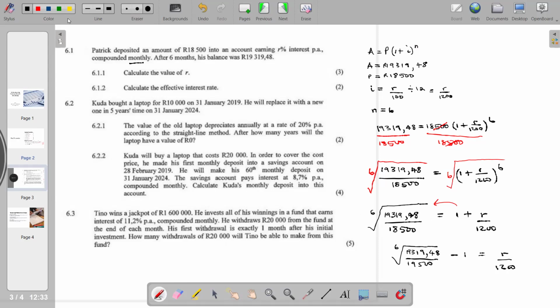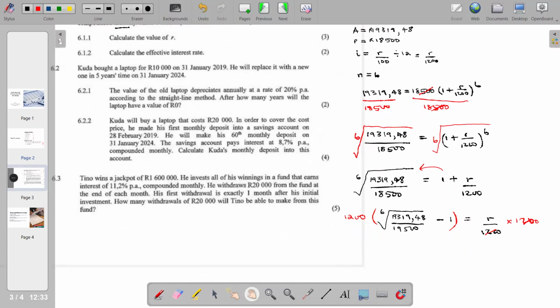Then from there, we have to multiply both sides by 1,200. So this one and this one will divide, and our R will be equal to